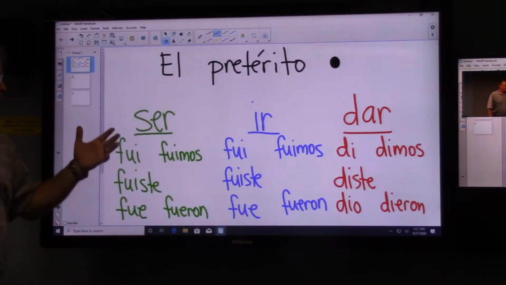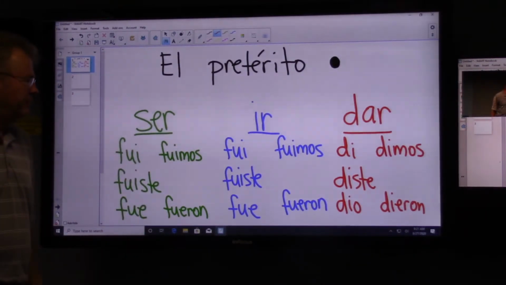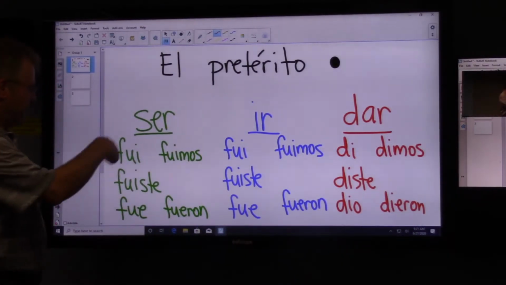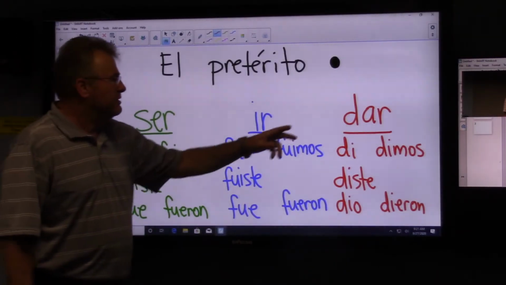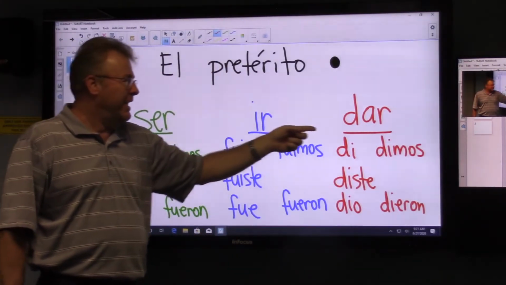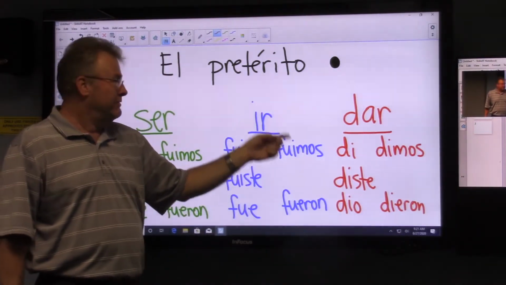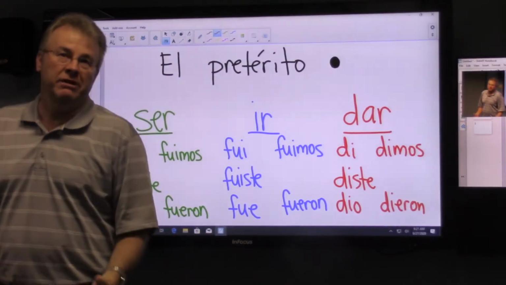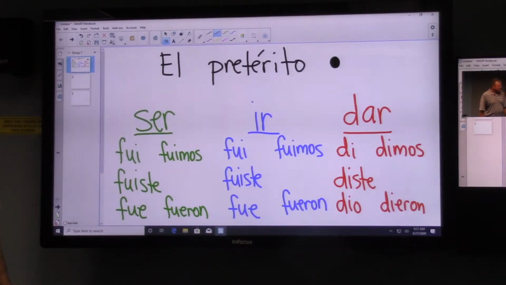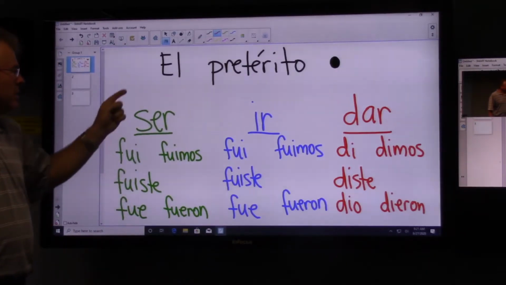Okay? And these are irregular. It's obvious to see how the verbs ser and ir are irregular. We've got this crazy letter F coming from who knows where. We recognize the conjugative endings, perhaps, minus accent marks here, there, wherever. But then the verb dar, it's an AR verb, but you notice these are not the AR preterite endings. They're taking on seemingly the ER, IR endings, even though it's an AR verb. So that would explain the irregularity of the verb dar in the preterite. But anyway, easy enough to remember. So there you have the verbs ser, ir, and dar conjugated in the preterite.